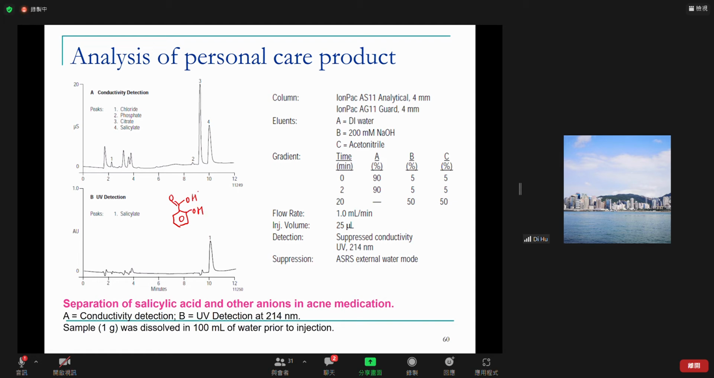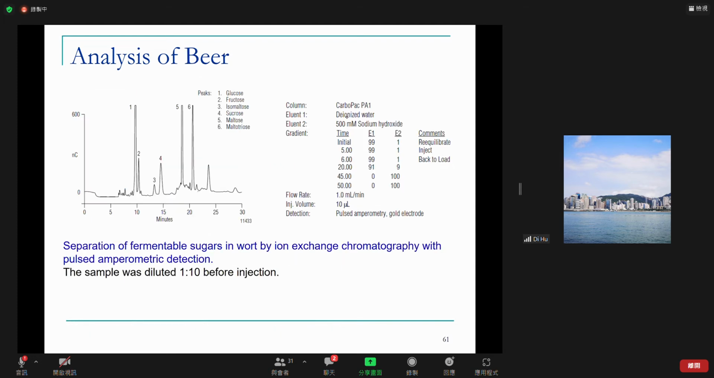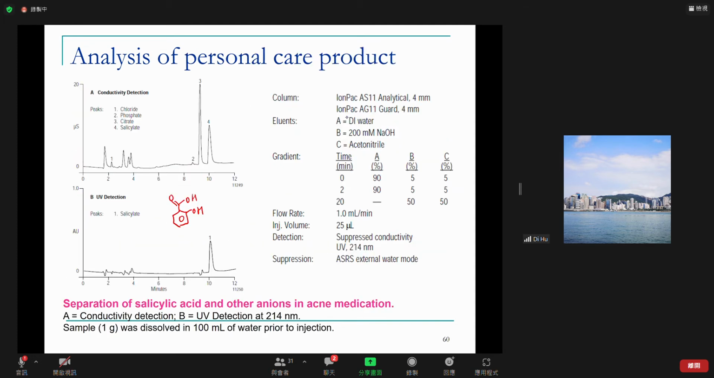Let me give you some structure information. We can see it has A, B, C. A is water, B is sodium hydroxide, and again it is the AS11 column. So you can see you also use a guard column, and it runs a gradient. In about 20 minutes, from 2 minutes to 20 minutes in this range, it gradually reduces A and at the same time increases B, sodium hydroxide, and also it has C, which is